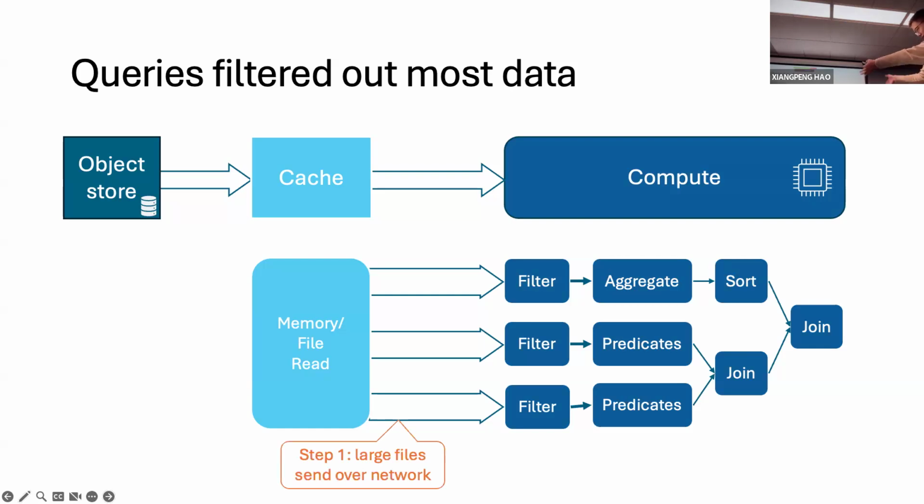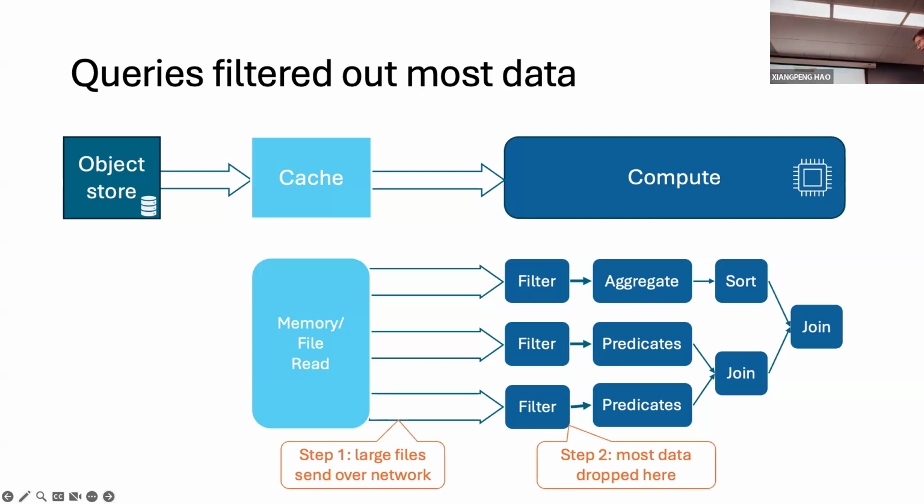And so we can see basically we have these two steps. First step, we read a lot of data, send it over the network, and then immediately after we receive the data on the compute node, we will drop most of the data because most of the queries have filters. For example, if we have robotic systems, we probably only care about a particular time range. If we have weather information, we probably only care about the last 10 days or something, right? So most of the time we always have a filter there which filters most of the data,